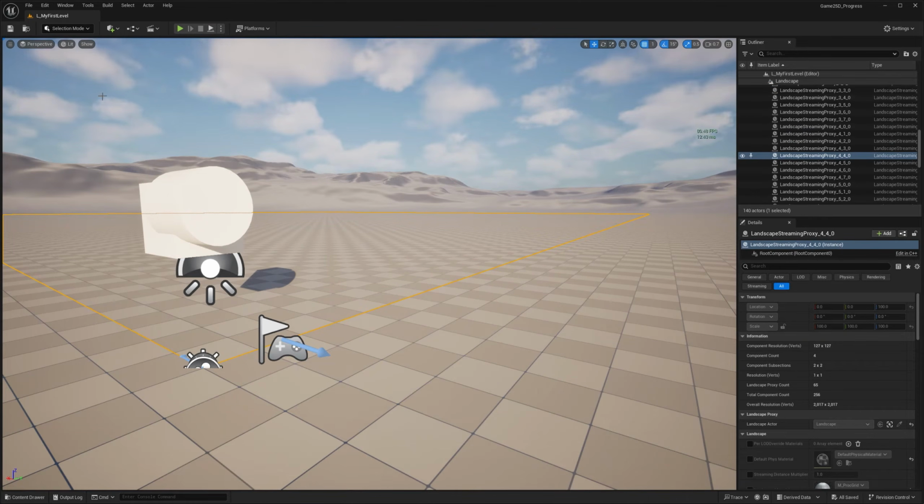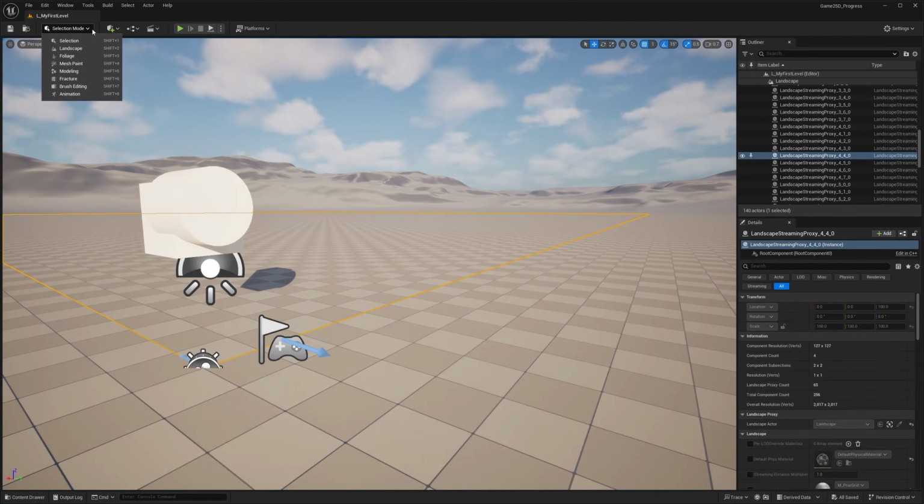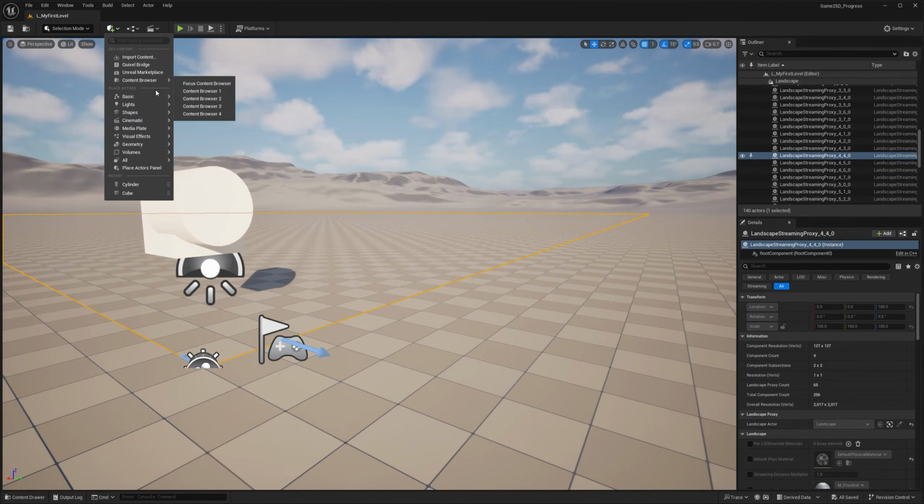What I'm trying to say to you is everything here is related to this level. If I go here, I can say browse assets associated with this level, and I can change selection modes. Ooh, we're going to talk about this pretty soon actually, but for now, it's just a teaser. I can go to this button here, which is the quick add to the project, and I can add a lot of actors.